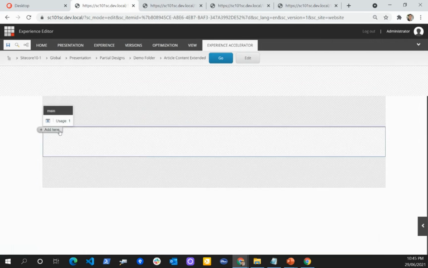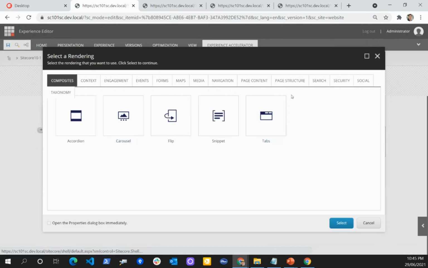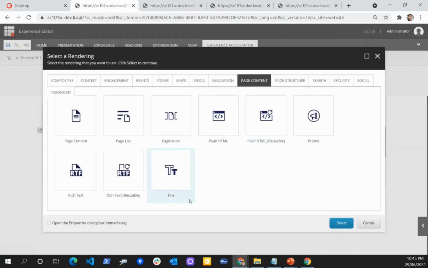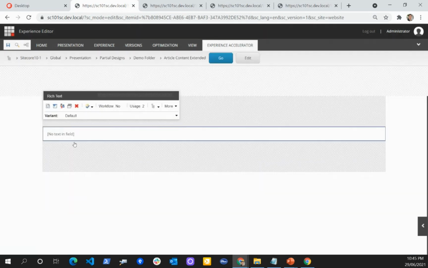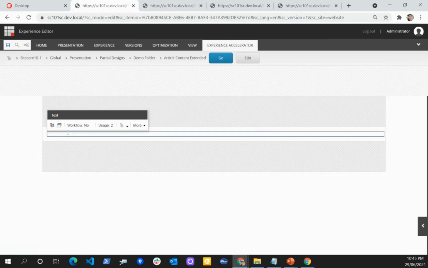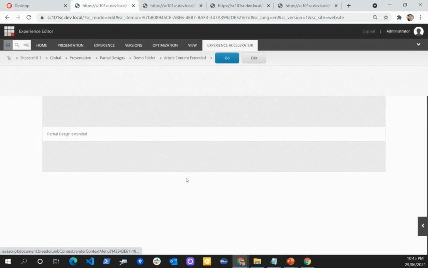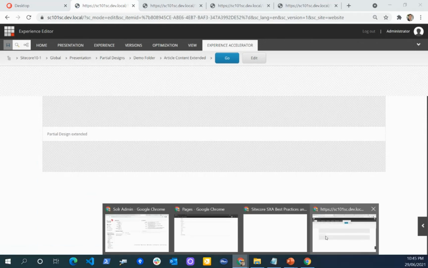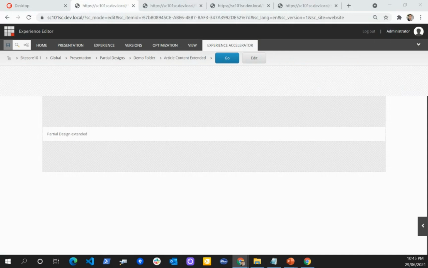If I click here, I can add one more rich text content, and I can write partial design extended. That way, if I want to browse this page, I have created one sample page here.